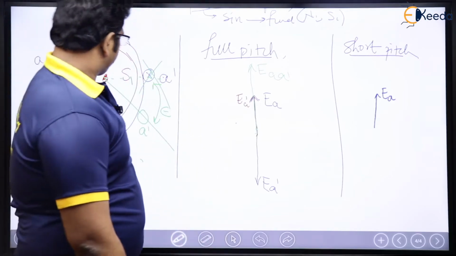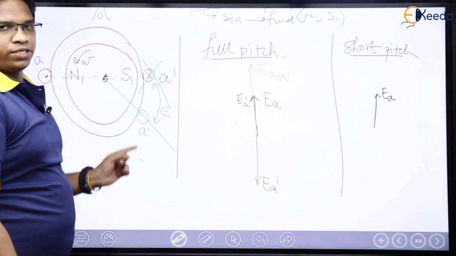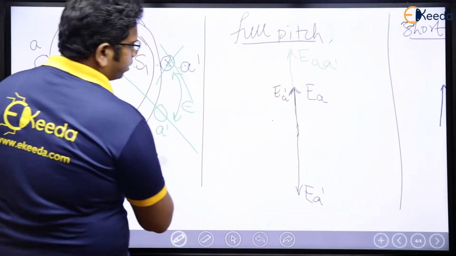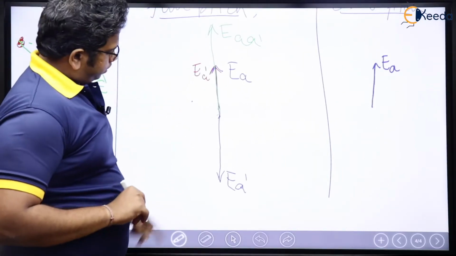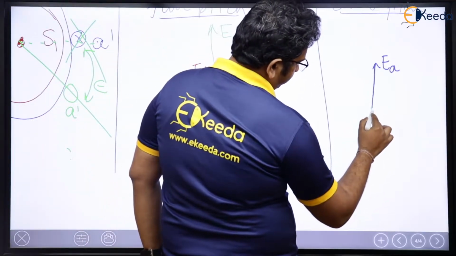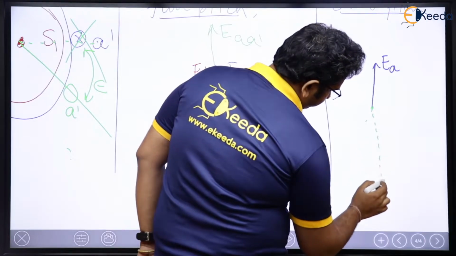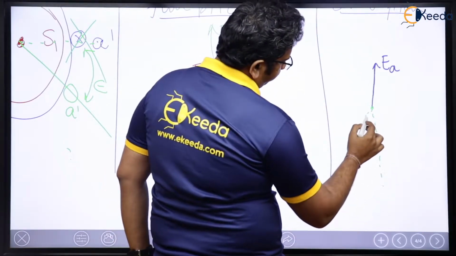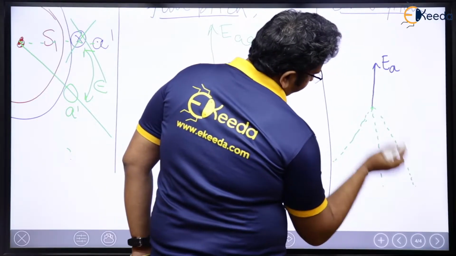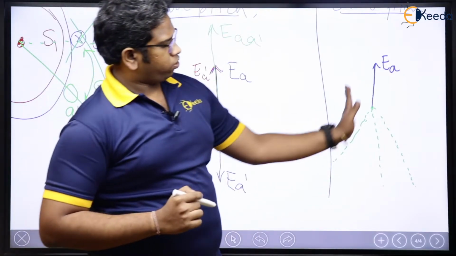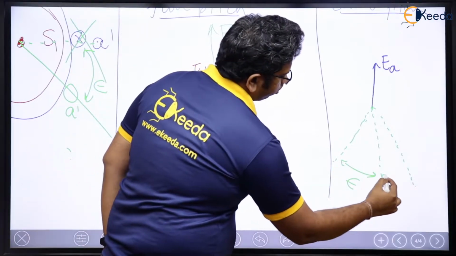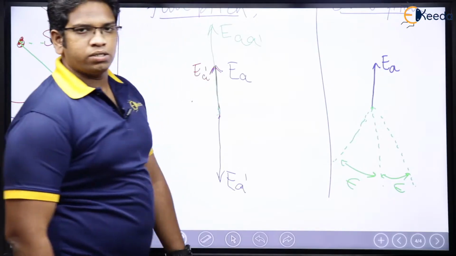Let us think of A dash. How is the induced EMF in EA dash? Just focus here, don't think much. We all know that this was ideal when EA dash was here. Now, EA dash is not going to be here, but it can either be this way or that way, but it cannot be exactly this one. And the angle has to be epsilon only, the short pitching angle.